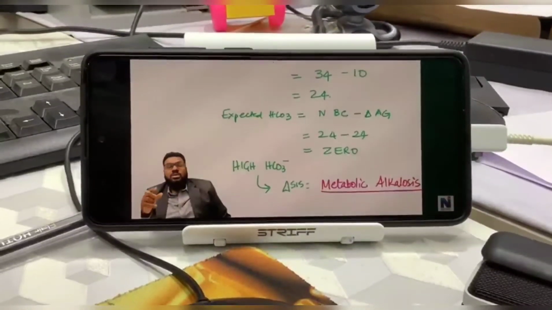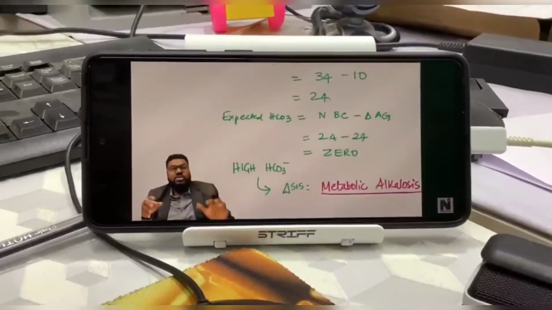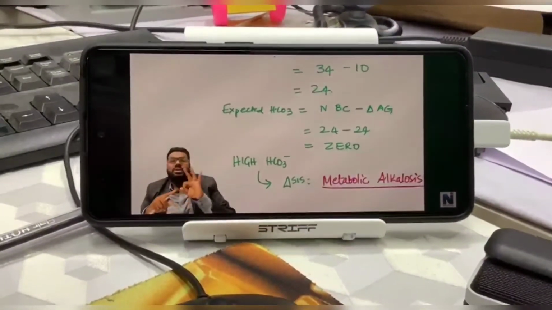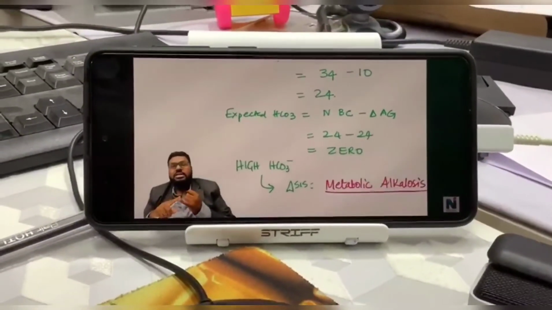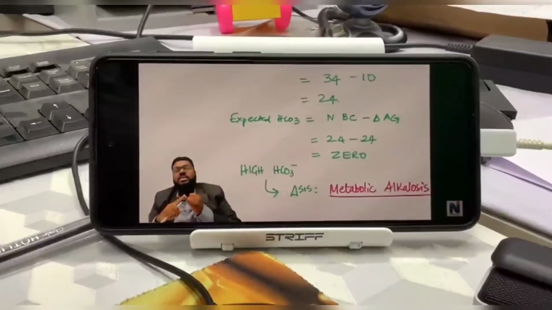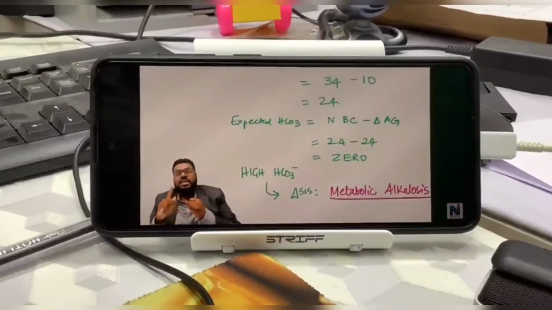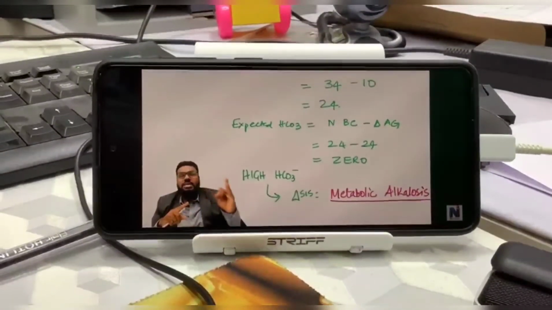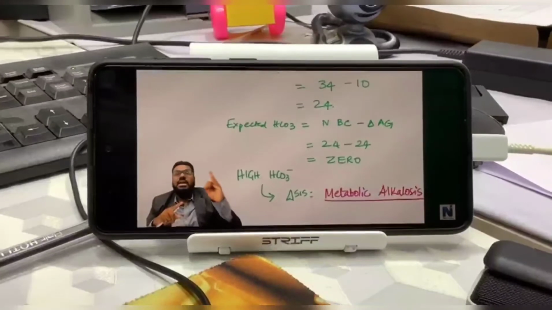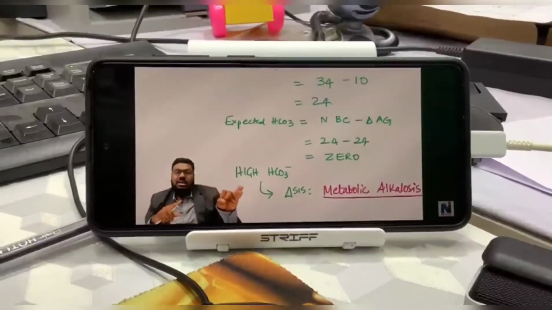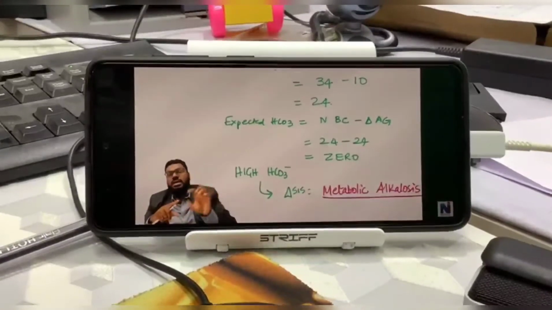So to summarize the acid-base disorders, you should diagnose in 3 steps. The first step is pH, the second step is bicarbonate, the third step is compensation. First step, pH: once you diagnose whether it is acidosis or alkalosis, based on bicarbonate, you can tell if bicarbonate is in line with pH, you are calling it a metabolic component. If carbon dioxide is in line with pH, it is called a respiratory component,